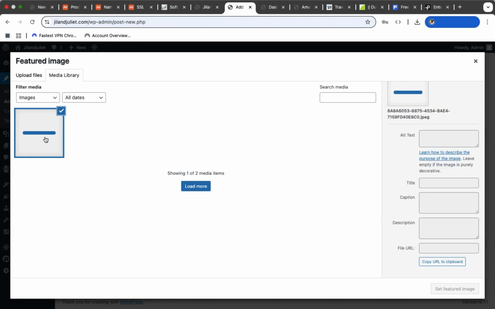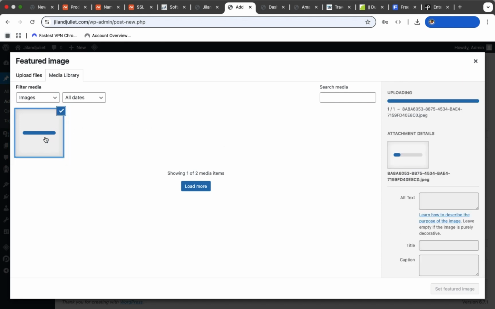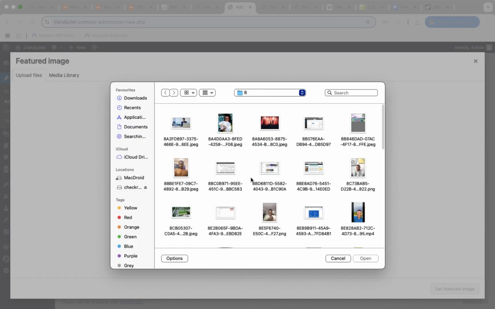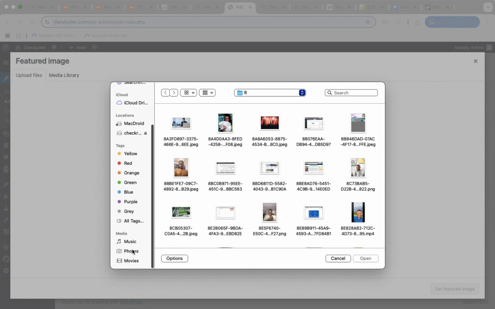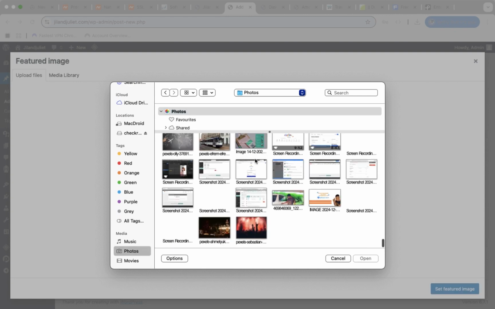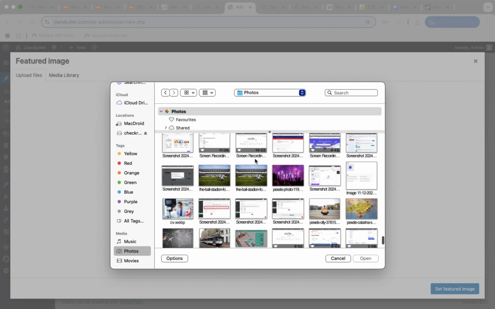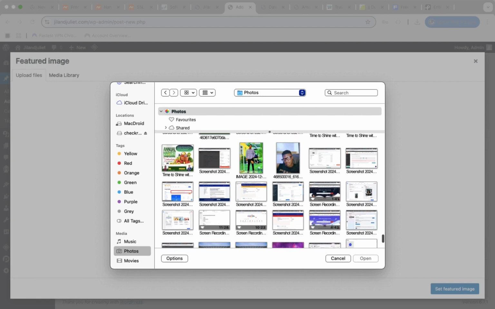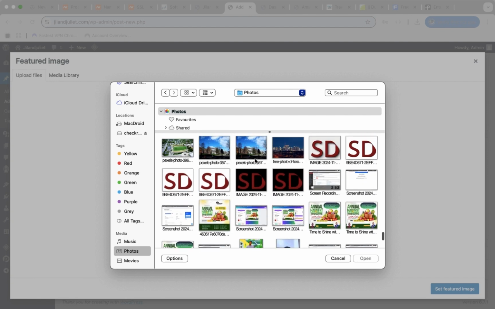So here, after your image has been uploaded, you wait for it to completely upload. But while we wait for that, let's also upload more images. There are many other images we also want to upload. Remember, this is a news and entertainment blog. So we'll also be needing